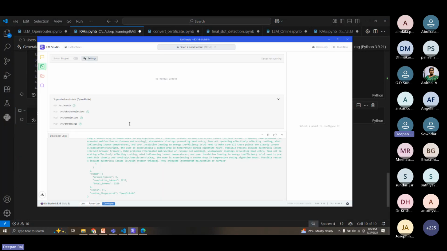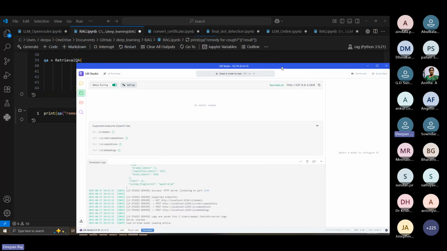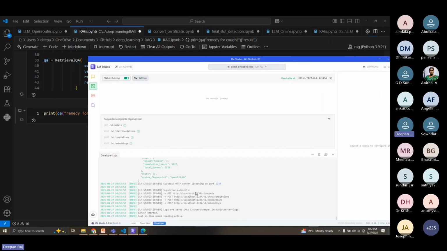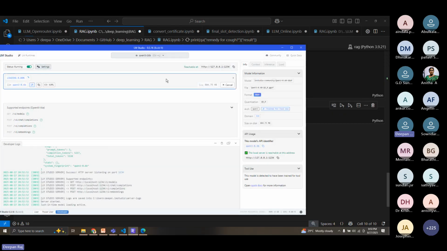I would preferably use localhost. Oops, I have to start this. Luckily, it's not entering inside that. Okay, so I might need to load a model as well. Quickly, let me load it